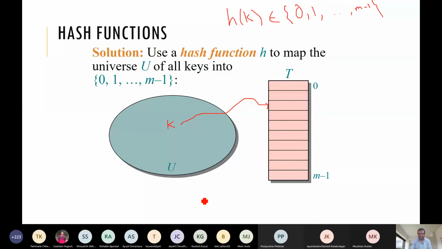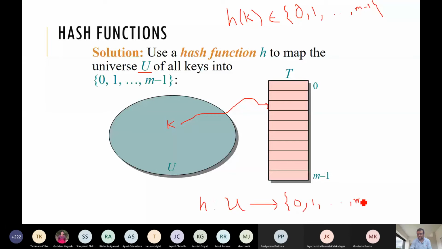This U is the universe of keys, that is, the set of all possible keys, and this set is very big. Any key we take is the domain, and the codomain is these numbers.